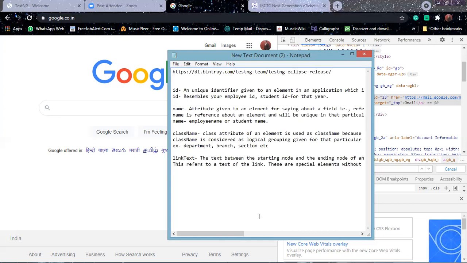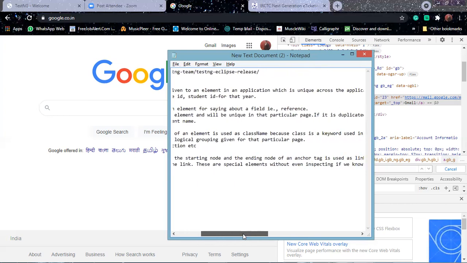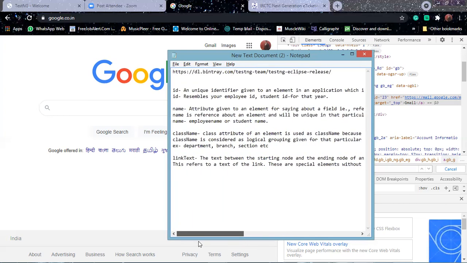What can be a link text here in the context of your examples? Managers and class teachers. Examples are like your managers and class teachers who have special privileges to know what is happening. Right? You can just make a note if you may forget. The next one: who has special privileges to know what is happening.